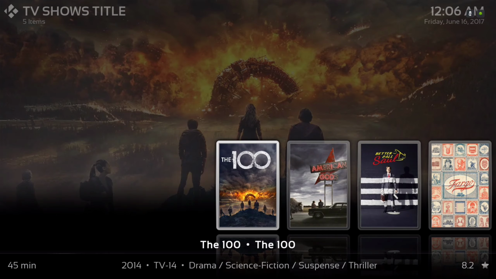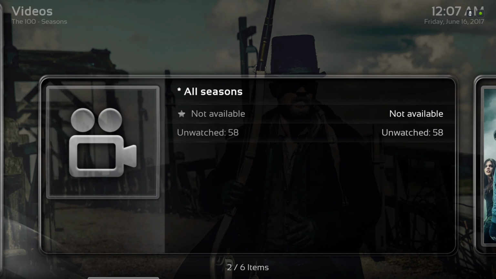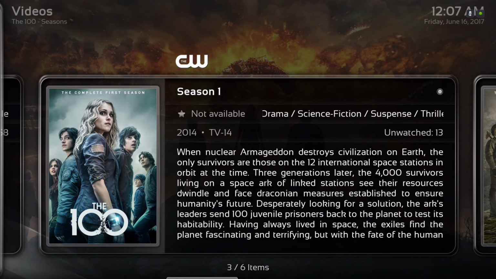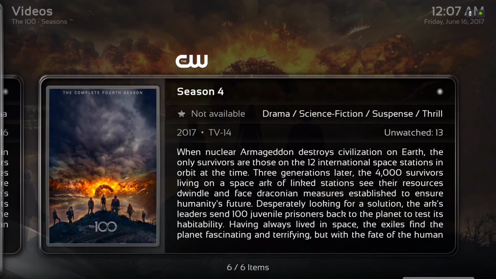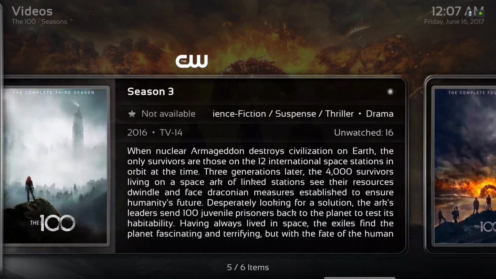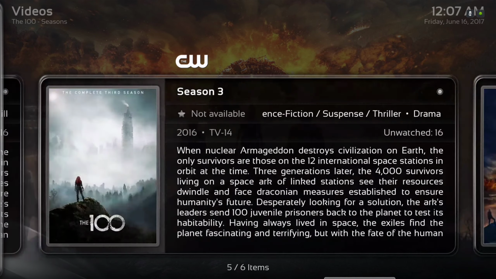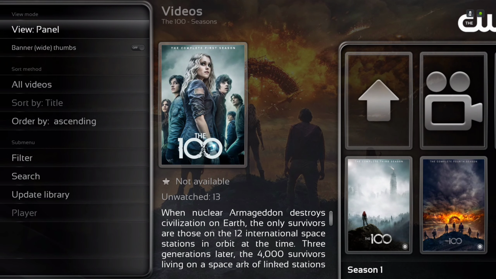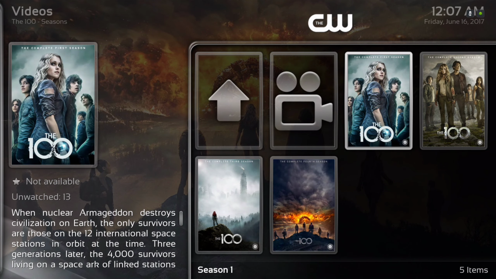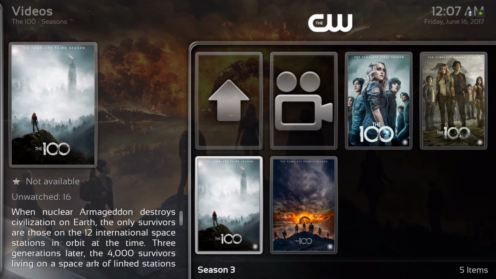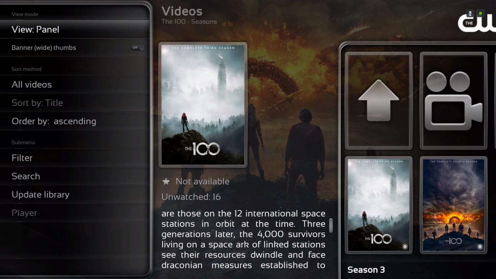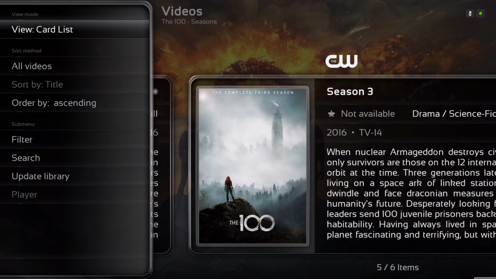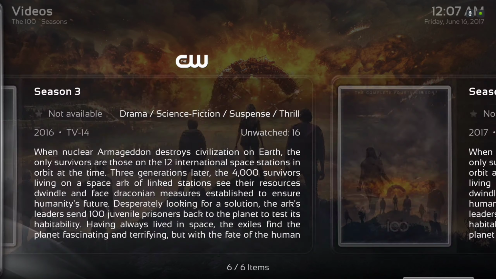Alright, once you click on it, you come up to this screen. You have Season 1, Season 2, Season 3, and Season 4. To change the view, you just hit up, then you can change the view. If you're on this view, you gotta hit to the side and hit to the side again. To the left, excuse me. Alright,